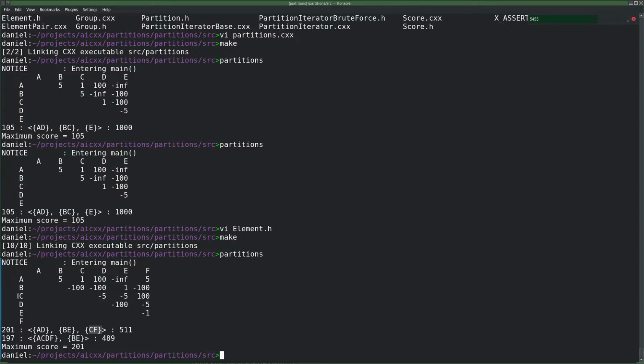C and F really need to stick together because that's worth 100. So we would find this one if we would move only a subset of the ACDF, namely the C and the F, or the A and the D. If you move the AD out of it, or if you move the CF out of it, then we would immediately find this one. But if this becomes a very long list, then that is